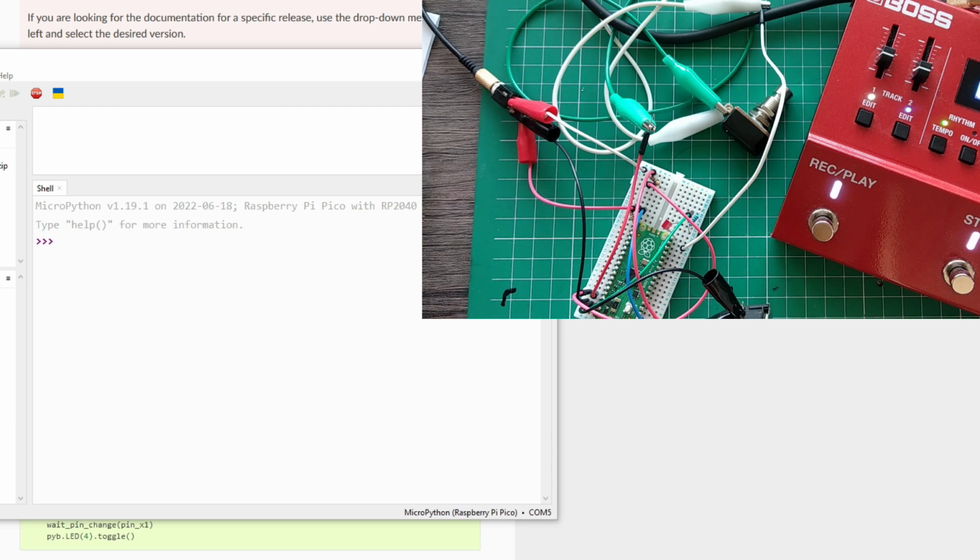Now you can see things got way more complex very quickly. But we still haven't done this: how do we detect the button click? How do we detect long press, double click, double press, whatever? Well, at this stage, it's probably a better idea to use a library, because this is something that lots of people